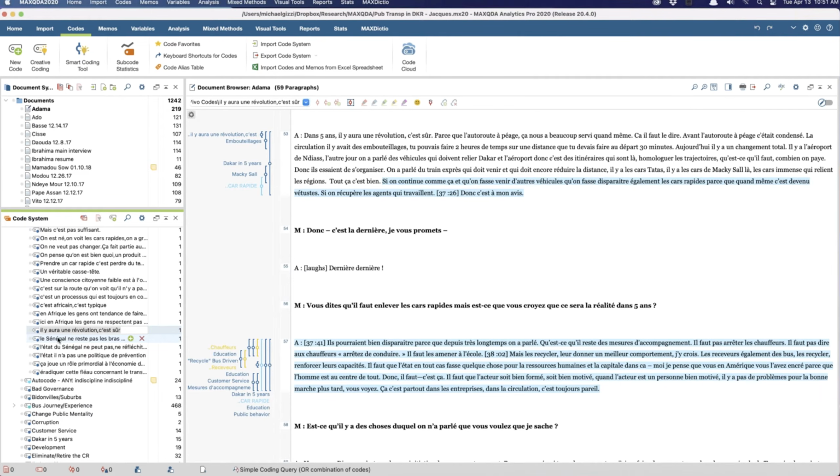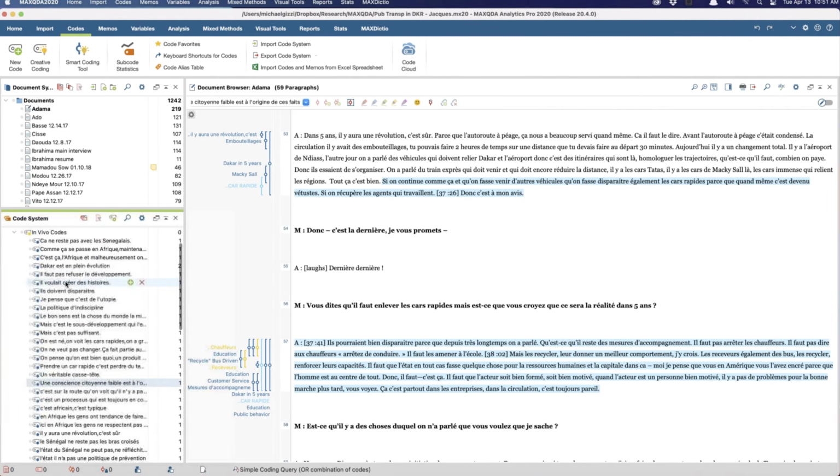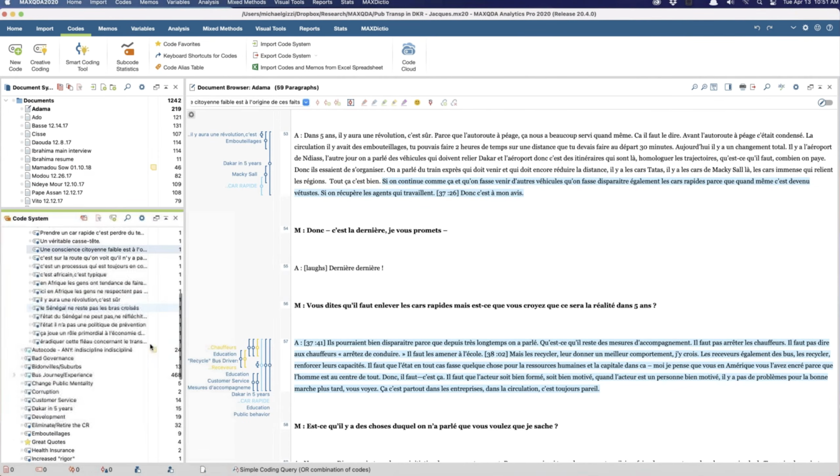Il y aura une révolution, c'est sûr. All French, because that's the language the study was done in. And she kept them. Notice there's only one. Interesting, there were two instances of this one. That was surprising. But only one of each of these.